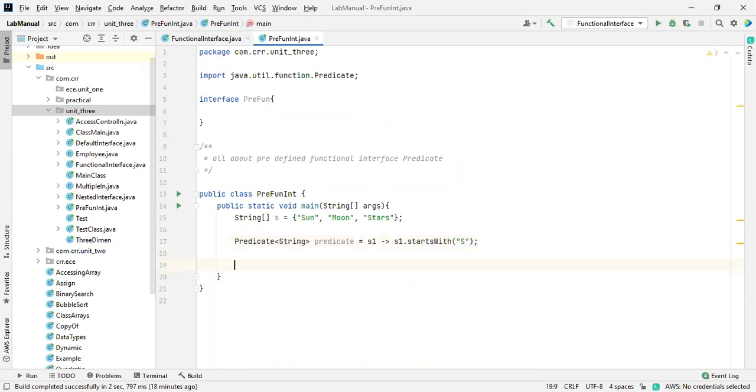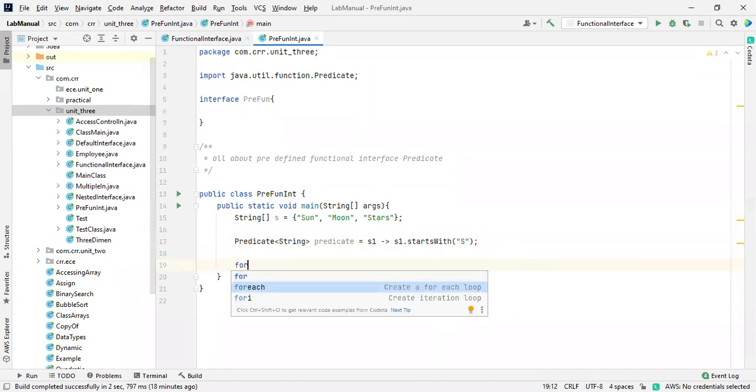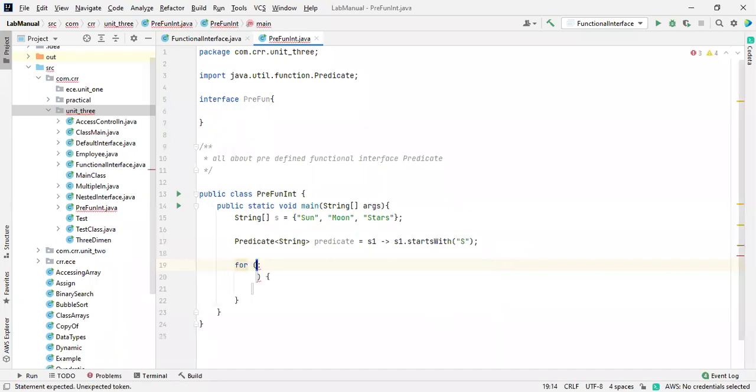Now I'm writing the condition, a for each loop. I just installed Codota. This is a plugin available inside our tool, which gives you more predictions. That's why when I click on that, so many things are showing up. I'm going to install that one. Never mind. Now, how are you going to access array variables using a string?